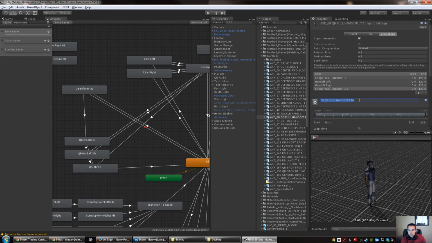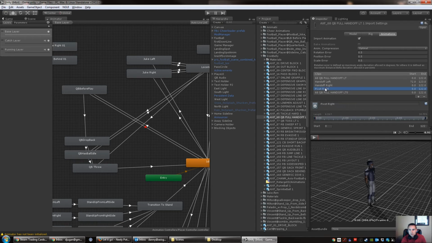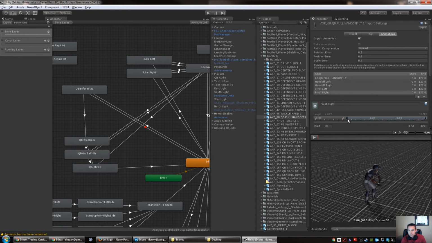And then we'll call this pivot left, and this will be pivot right, because I want two separate animations just for pivoting off of,